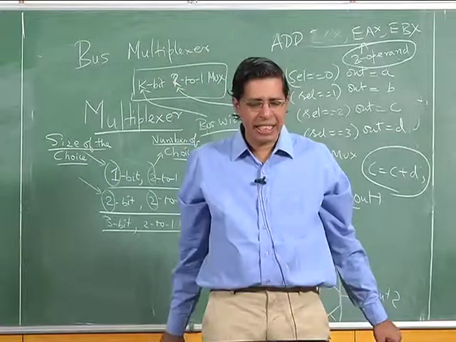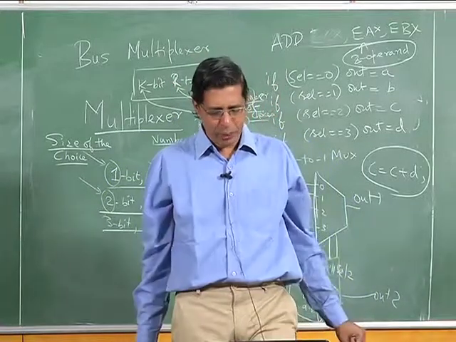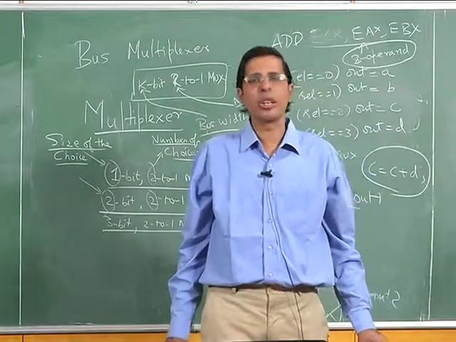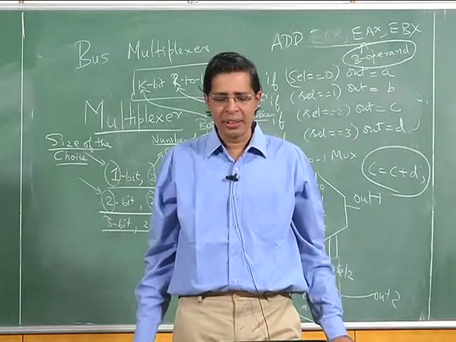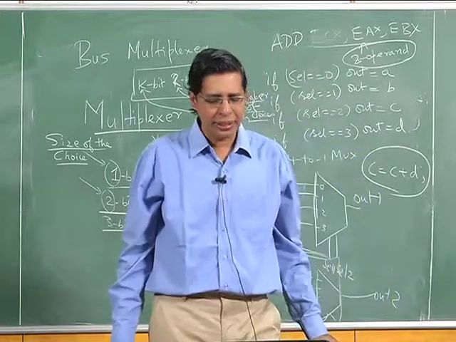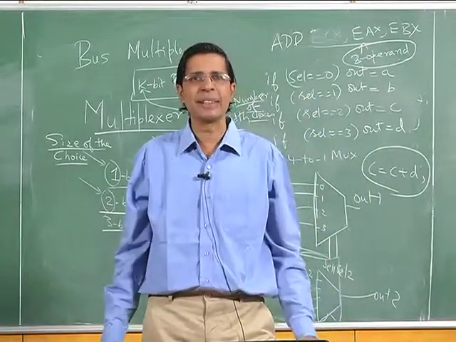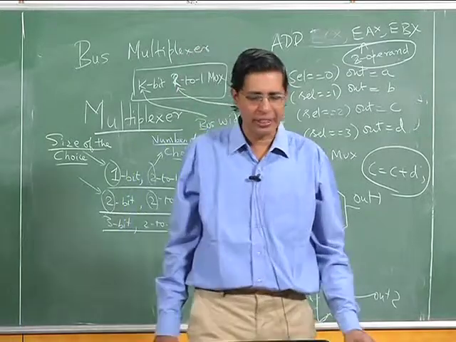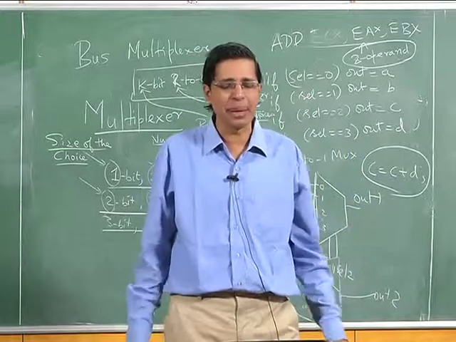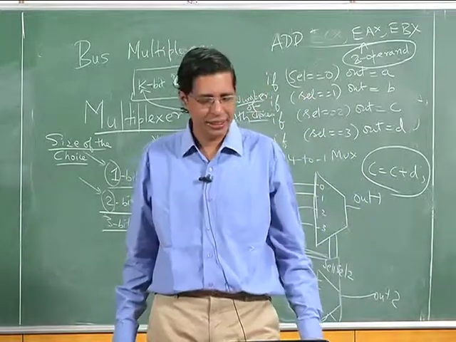So what is the size of a program counter? The program counter size would be equal to the size of the memory that you are wishing to address. For example, the Intel architecture is a 32-bit architecture, so they will use 32 bits for addressing memory, and so it will be 2 power 32. So the size of the program counter would be 32 bits.